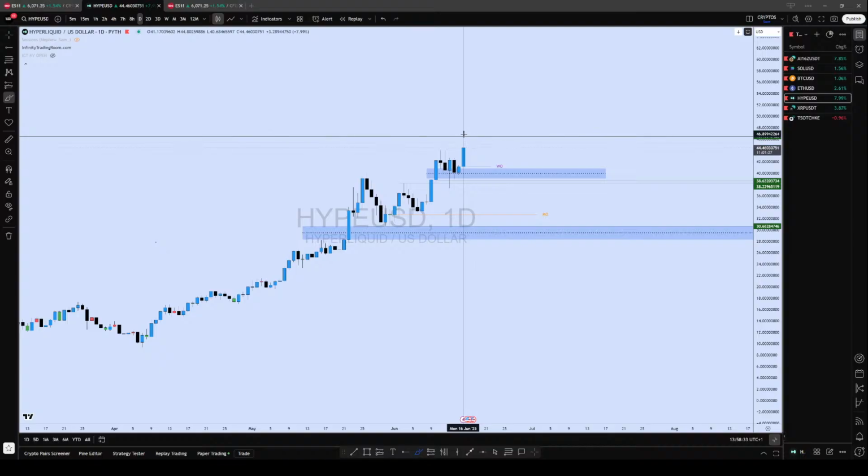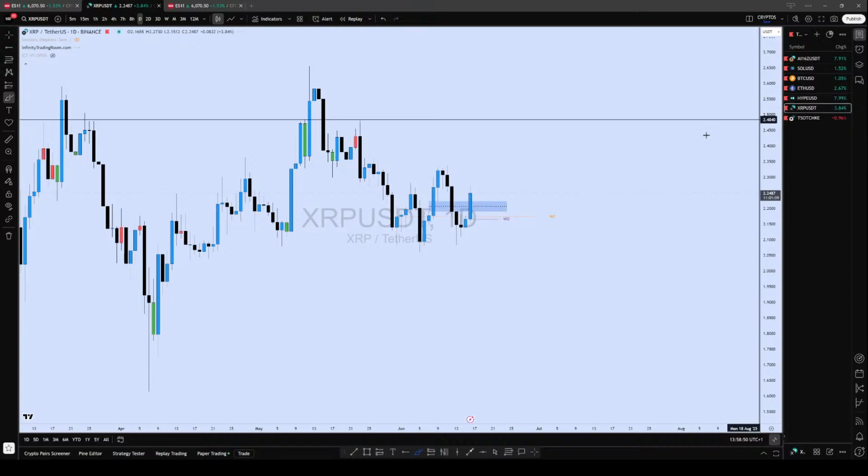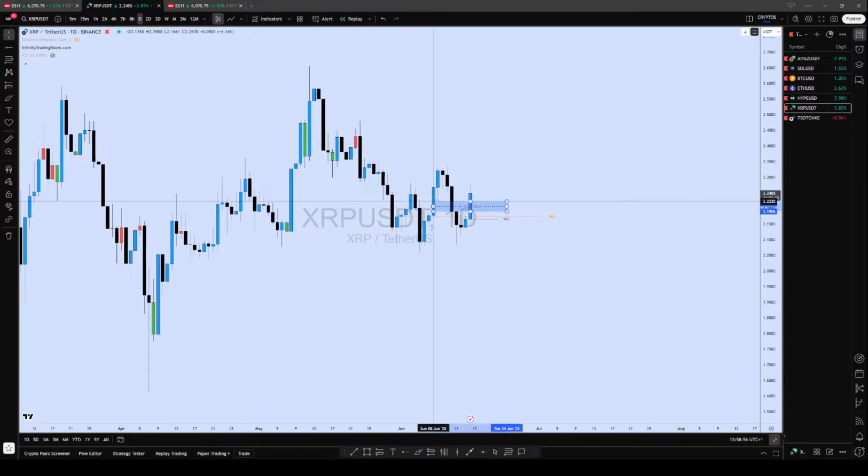Maybe they might reach it today, if not tomorrow. So if you do trade them, you can look for an entry to continue going up. XRP, same thing. I think XRP is also doing well. What we need is a close above the imbalance. So today, a close above